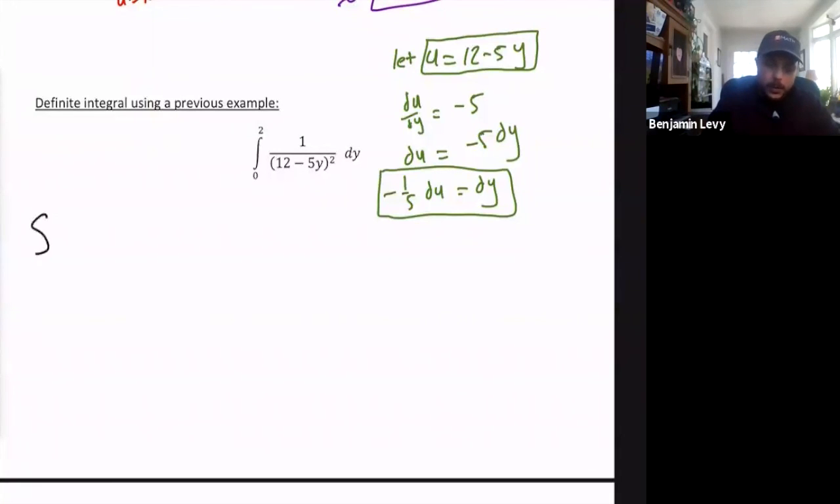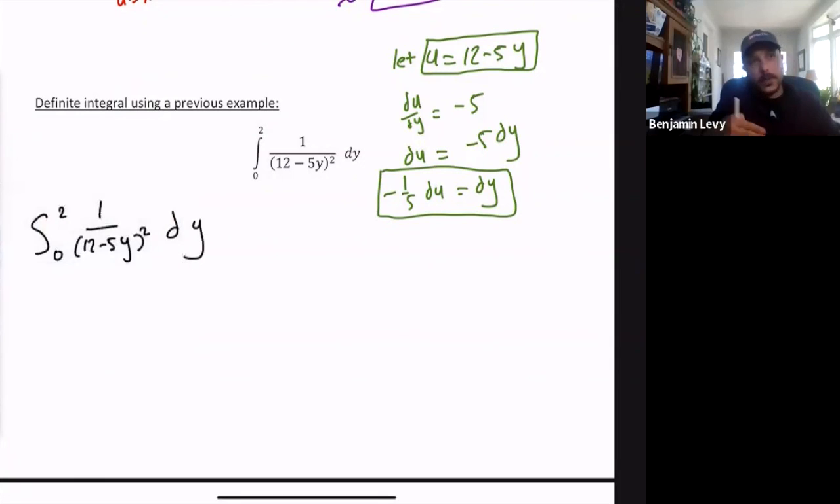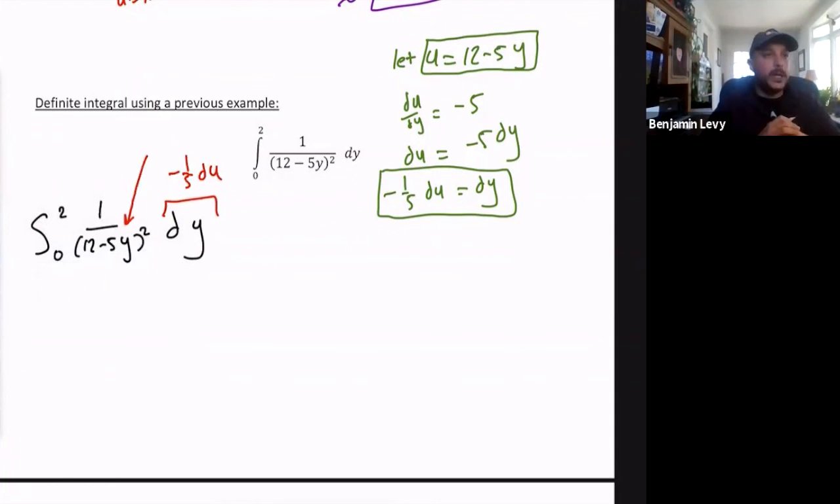So let me do what I usually do, which is to rewrite the problem, right? So I'm going to just copy it over and then think about what the pieces are. And so using the thing boxed in on the right there, we just said dy is going to become minus 1/5 du. And then the 1 over the 12 minus 5y inside the squared, the 12 minus 5y is u. Right? And so we're able to make a nice substitution with this,